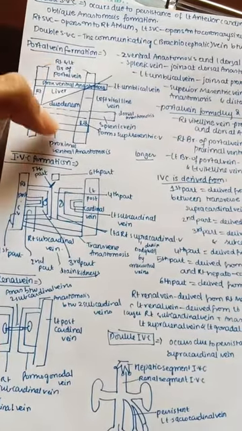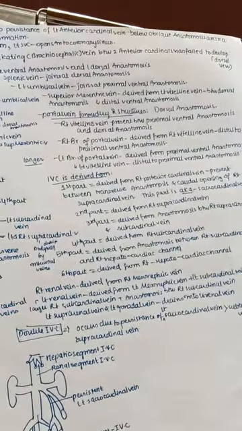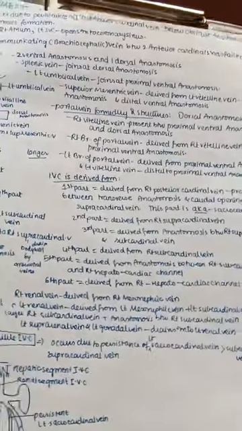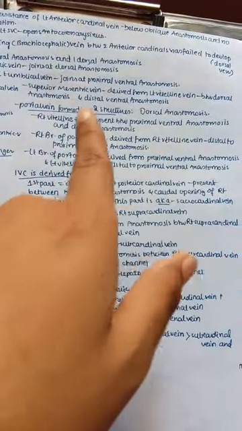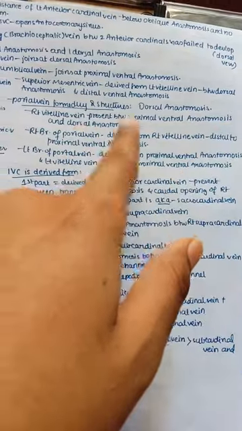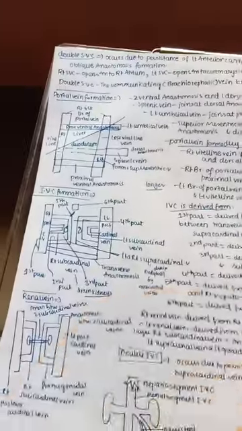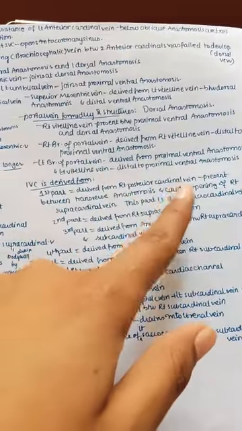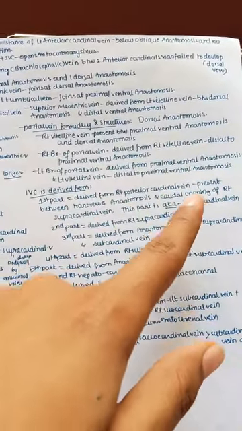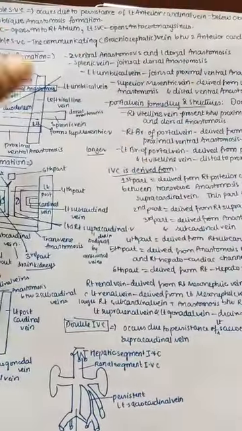Distal to the ventral anastomosis and the dorsal anastomosis, our superior mesenteric vein is derived, and the portal vein is mainly formed by two structures, that is the dorsal anastomosis and the right vitelline vein, which is present between the proximal ventral anastomosis and dorsal anastomosis. The right branch of the portal vein is derived from the right vitelline vein distal to the proximal ventral anastomosis. If you check this diagram, you can easily understand. And the left branch of the portal vein is derived from the proximal ventral anastomosis, and the left vitelline vein is distal to the proximal ventral anastomosis.